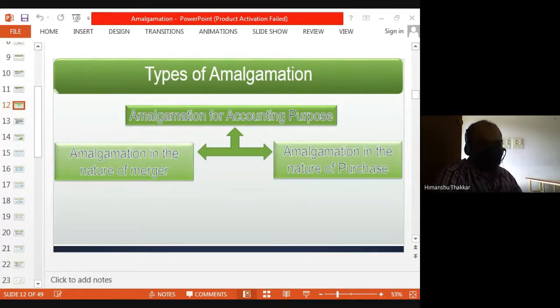Which company loses its existence in absorption? In our example of AB Limited, B will lose its existence, only A will continue. So to close the books of accounts, you need to pass some journal entries, prepare some accounts. If you remember conversion of business into company, you studied this chapter. Realization, transferring assets, liabilities, purchase price, etc. If you remember, the same chapter is repeated here.